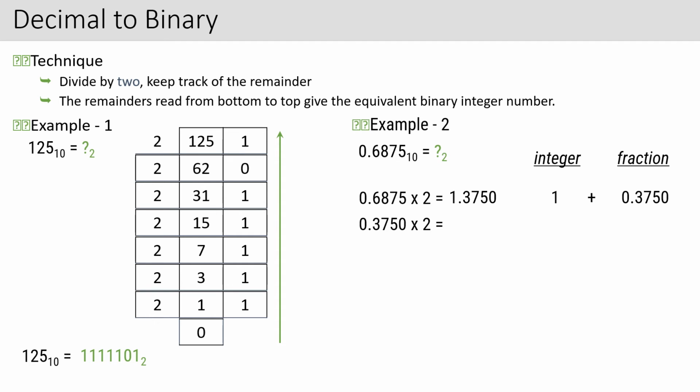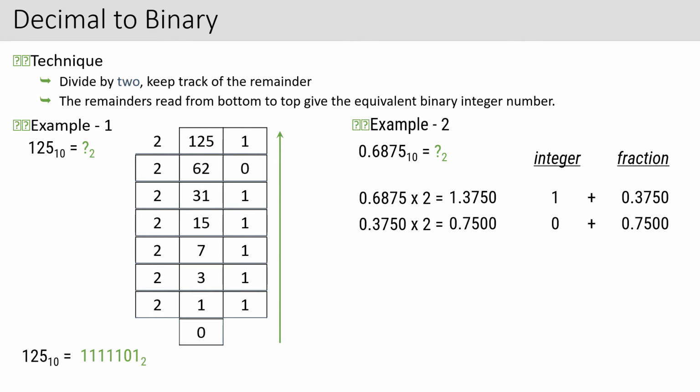So here, in example number 2, what is the number I am having? I am having 0.6875. So what you will have to do is multiply this number by 2. So 0.6875 multiplied by 2, I am getting 1.3750. In this number there is an integer part and a fractional part. The left-hand side of the point is the integer part. So what is the integer here? 1. And what is the fractional part? That is 0.3750. Now you multiply this fractional part by 2 once again. So I am getting 0.7500.